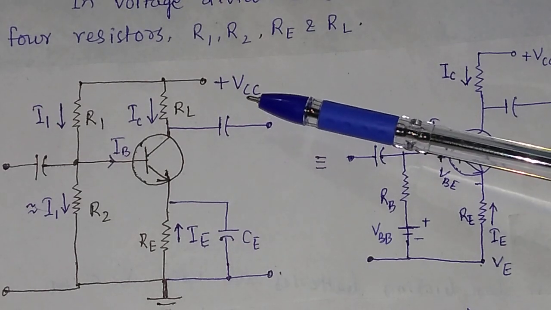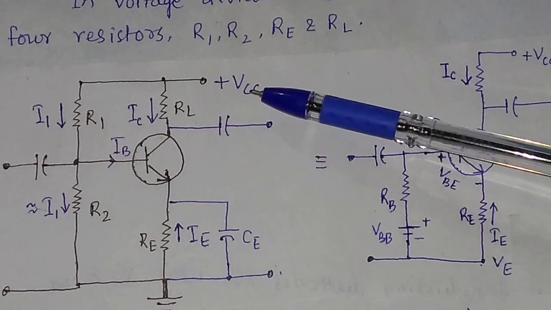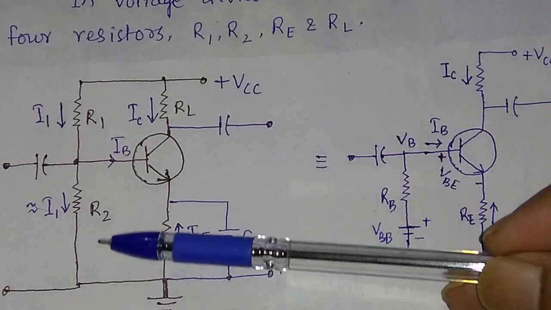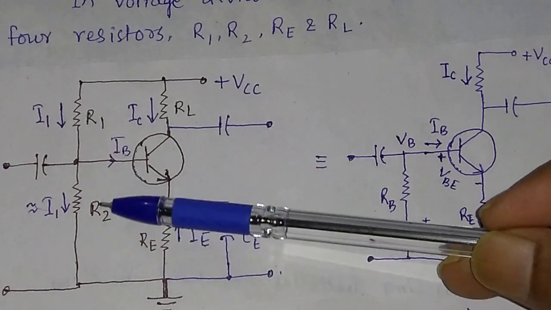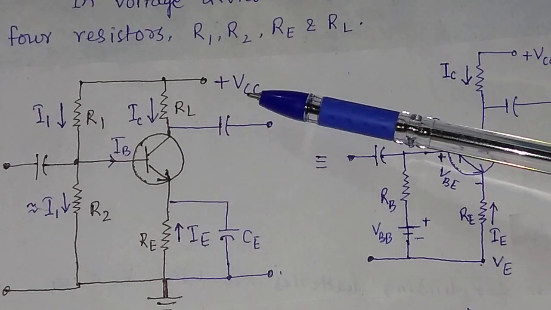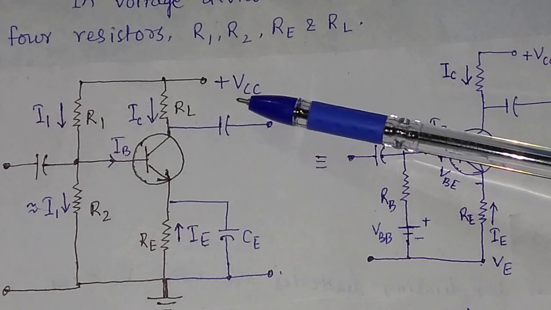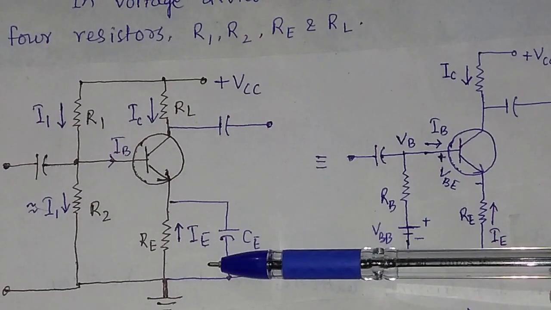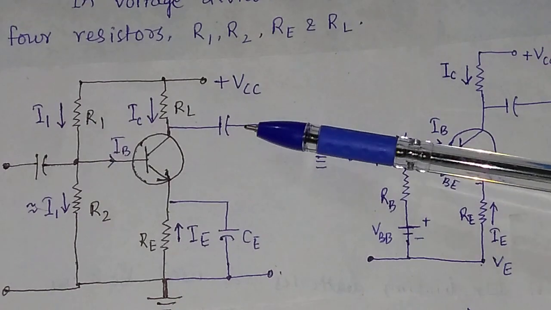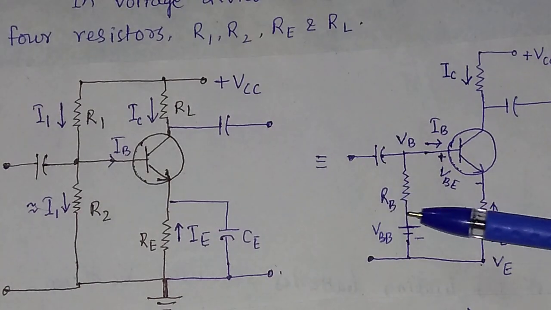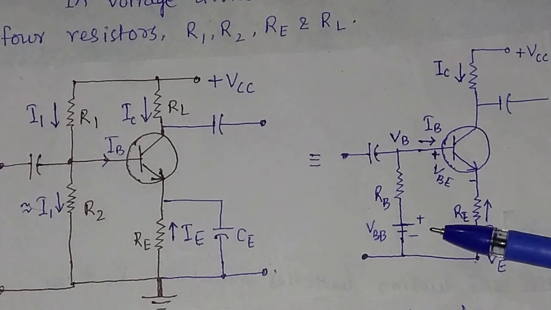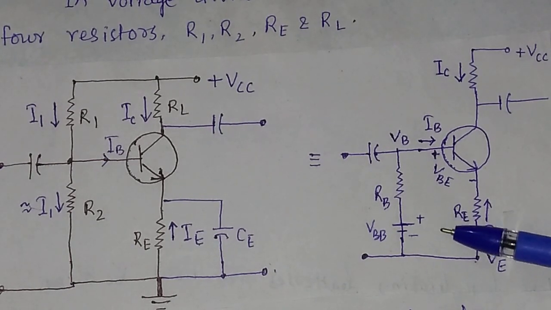Here you apply 2 biasing voltages, one VCC and another VBB. Along the input, you have to apply a DC biasing battery, and also in the output you have to connect a DC biasing battery. Here IE is the emitter current, and these capacitors you have to connect in voltage divider bias. And this is the equivalent circuit, or you may say the reduced circuit of the voltage divider bias.